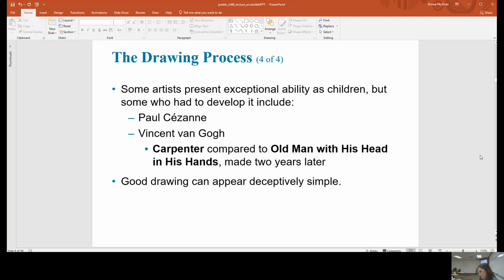So some artists are really, really good drawers right from the get-go. Others are not, and they have to practice a lot. Just like anything you do in life, the more you do it, the better you get at it. A lot of artists, such as Van Gogh, feel like in order to move on to a different medium, they have to be proficient in drawing first, since it is the most basic one. So they'll practice drawing as much as possible until they feel like they've achieved a level good enough to finally graduate onto whatever other medium they're wanting to work on. For Van Gogh, that medium was painting. Cezanne